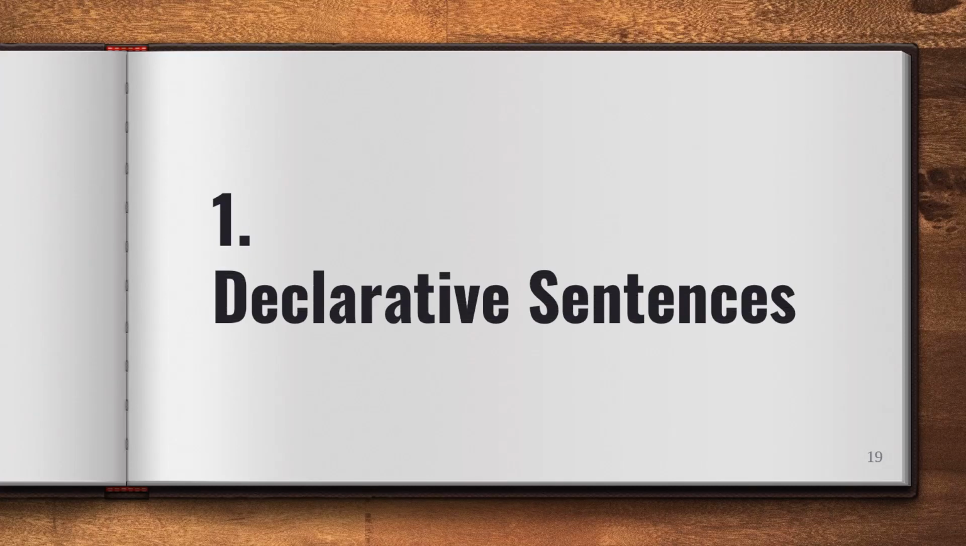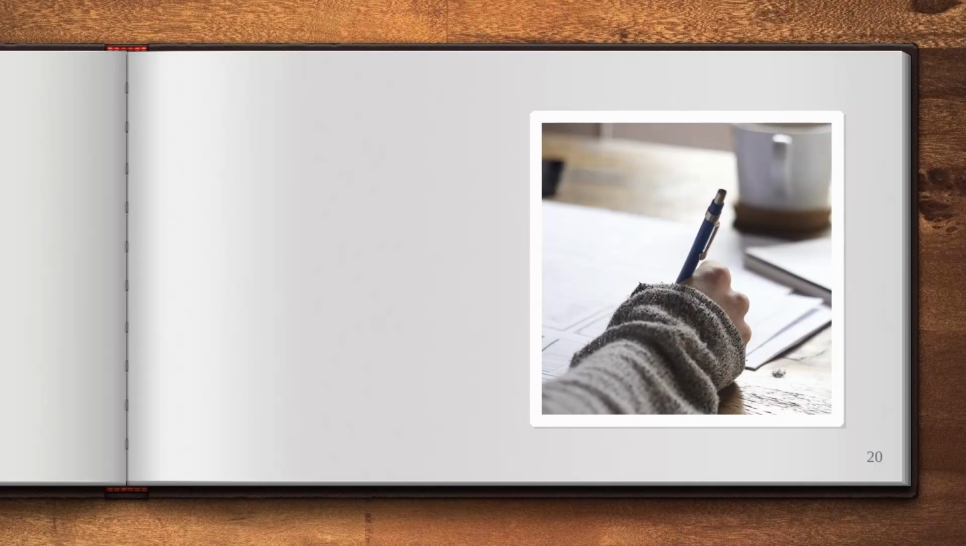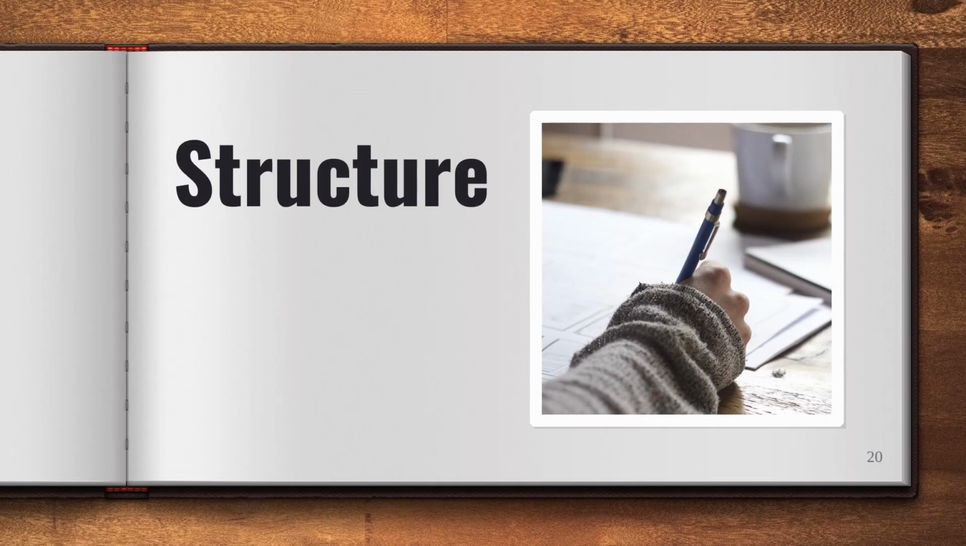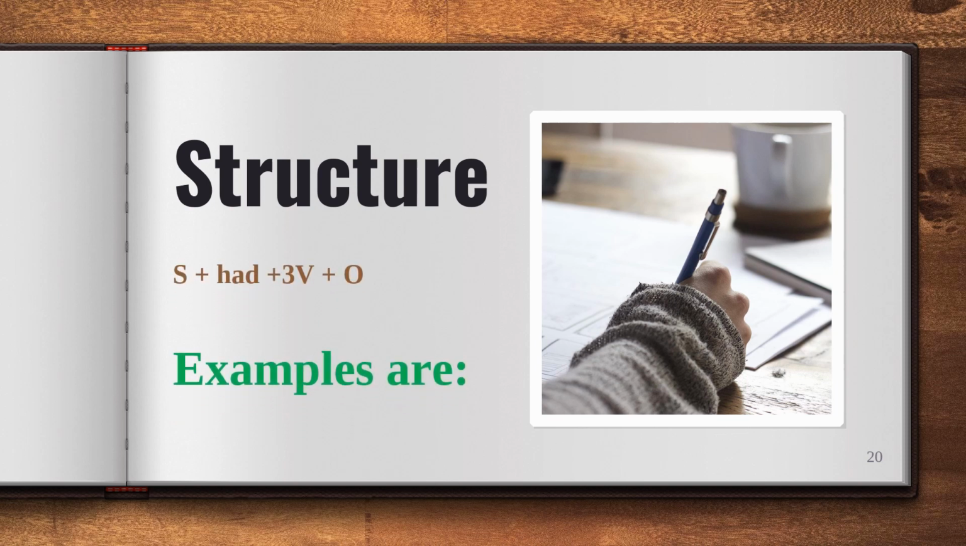Number one is declarative sentences of the past perfect. The structure for past perfect declarative sentences is subject plus had plus third form of the verb plus object. Subject, the person who has done an action. Had is the helping verb, and then the third form of the verb plus object. Now we use had with I, we, they, he, she, it, and with the name of the person. Either the subject is singular or plural, we will use had as a helping verb in past perfect tense. The examples are: